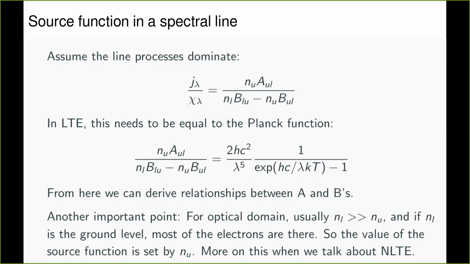And now just a little bit of talk about how the source function for the spectral line behaves. So we know that the source function is the ratio between the emissivity and the opacity. And if you remember, I'm going to show them later again, but emissivity was proportional to the population of the upper level times a bunch of constants. And the opacity was this difference between the lower level times the Einstein coefficient of absorption minus the upper level times the Einstein coefficient of stimulated emission, times a bunch of constants, and these constants are going to cancel.